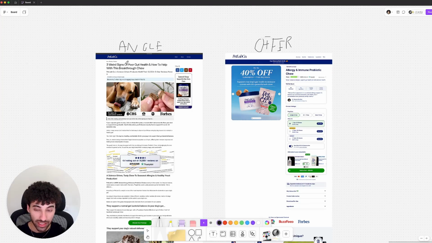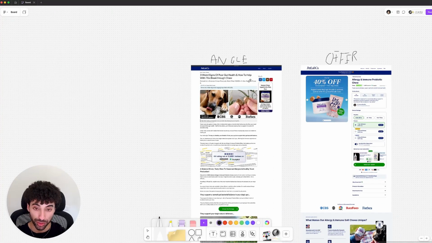So the most important thing you're going to want to split test, and the overarching most important point of cold traffic funnels, is the angle. Now, how do you split test an angle? An angle is the overarching point you're going to base your copy on. It's a specific problem or solution or pain point, or something about what your product solves, that you can package in a